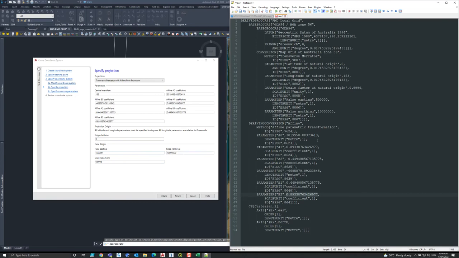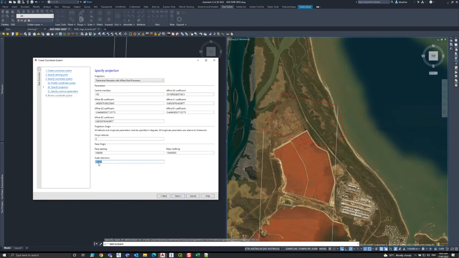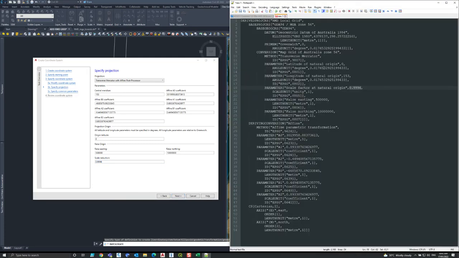It should be set from the known coordinate system. So we can see the false easting here and the false northing are the same. And the scale reduction is here. Scale factor at natural origin, 0.9996, which is also in here, which is correct. And the origin latitude is also set to 0 here. Latitude of natural origin is 0. So that's perfectly fine. So if we hit next on that,